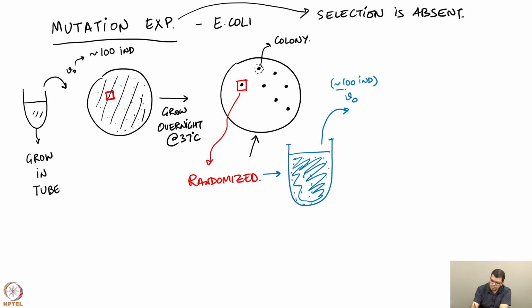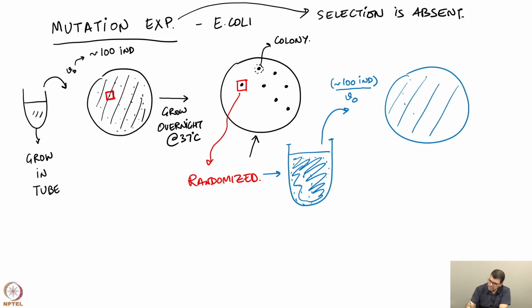So, this choice of which 100 individuals I picked from this colony in this way has also been made completely randomly. I did not just simply touch the periphery of the colony and suspend it. I tried to pick as much of the colony as I could. Of course, there will be some cells which will be kept there, but that is trivial as compared to what I picked. So, this has also been randomized,